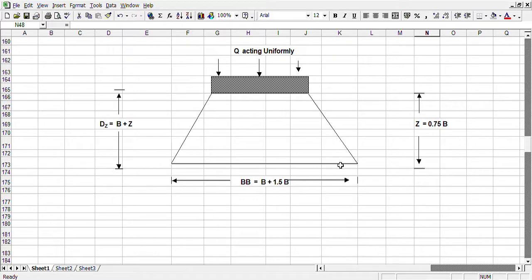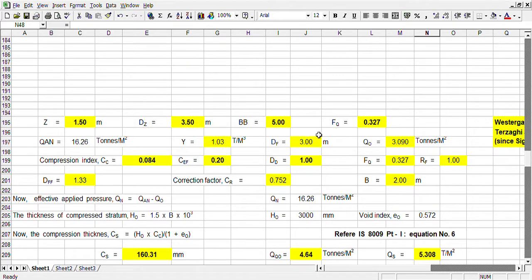This will be the width. So we applied here 16 ton per square meter. Say it is 100 ton total load, and this B plus 1.5B area will be divided by the total load, that will be loaded here, and 50% is loaded here. That is Z is 1.5,